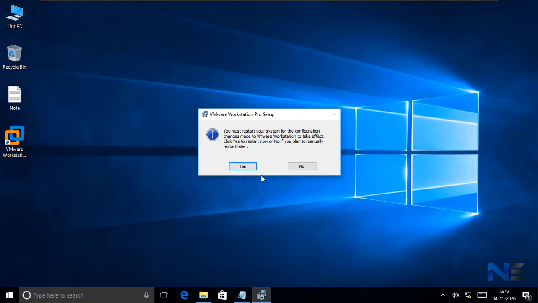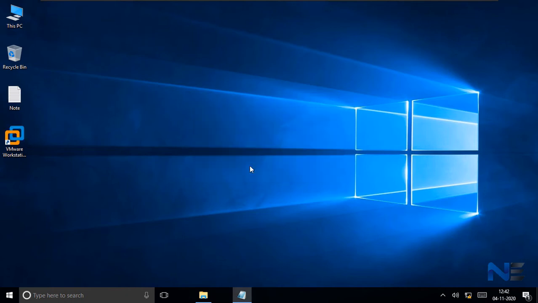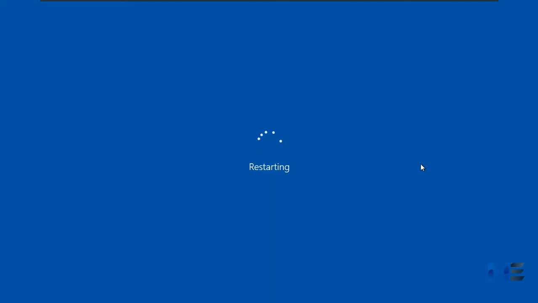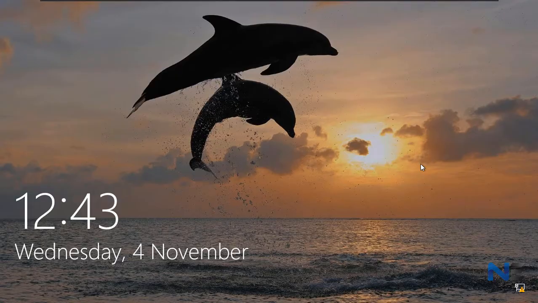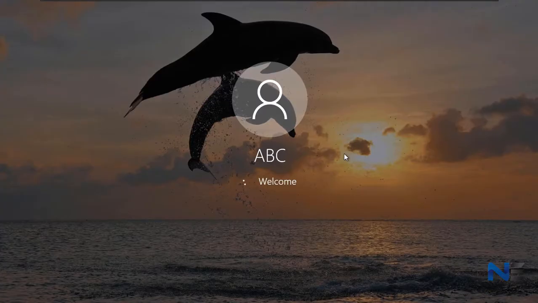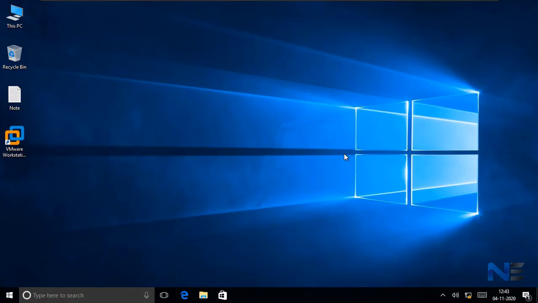It will ask to restart the PC. Click yes to restart the PC. Now PC is restarted. Double click on the VMware Workstation icon, shortcut icon.